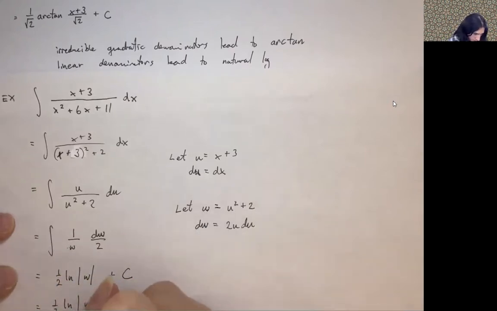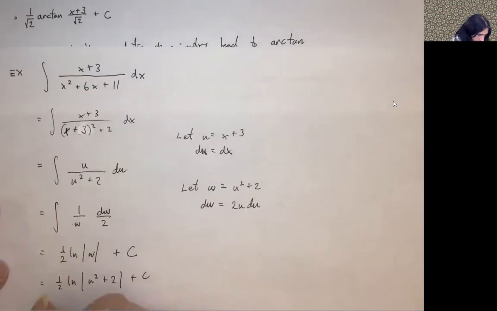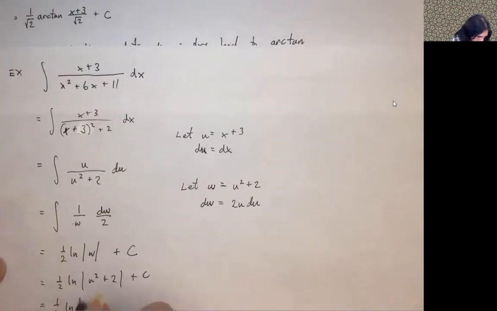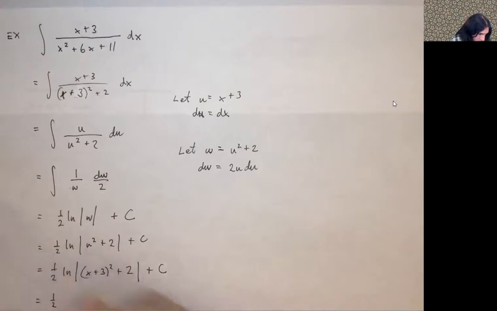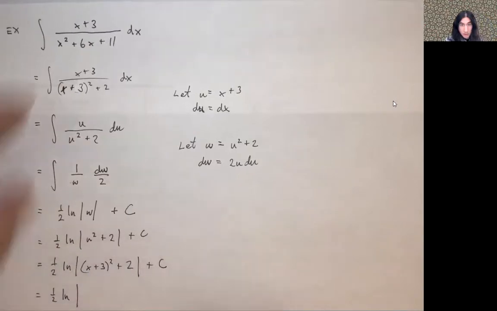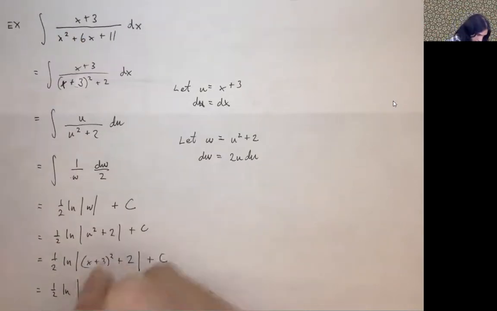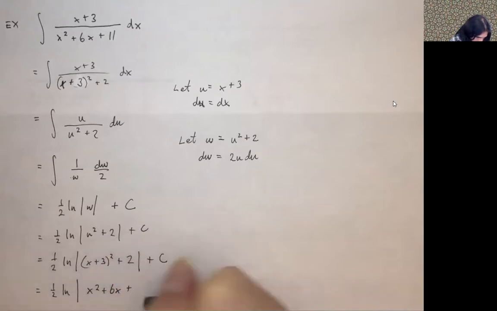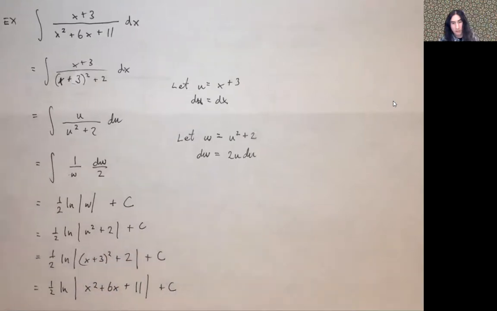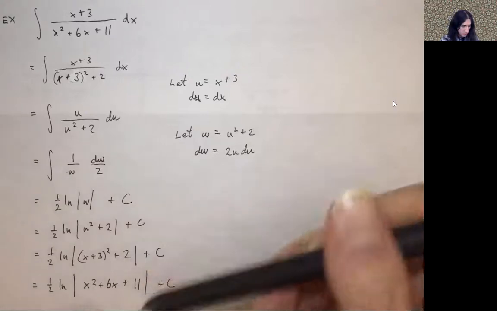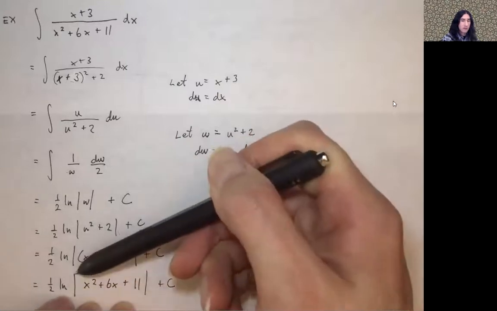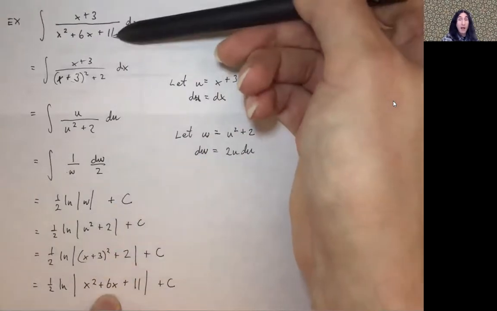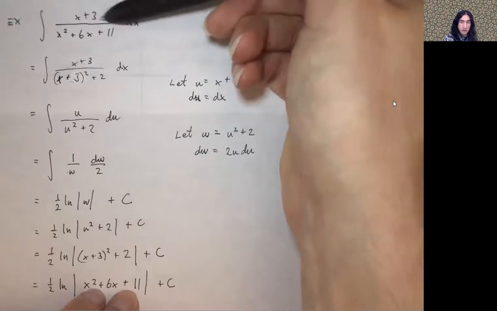Anyway, let's substitute back to get our answer right here, just so you can see what it looks like. So w is u squared plus 2, and u is x plus 3. Okay, and so notice that what we end up with is actually our original denominator right there in a natural log. And so it should now be very obvious to you how this happened. If you were to take the derivative of this using the chain rule, you'd take the derivative of the outside, which would put this in the denominator, and then you'd take the derivative of the inside, which would basically make this numerator right